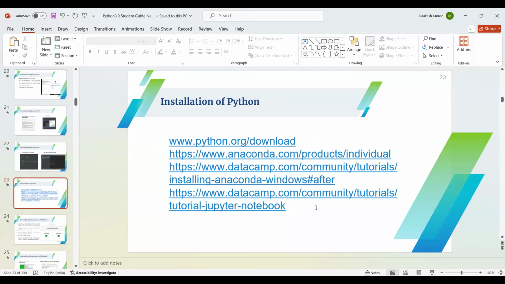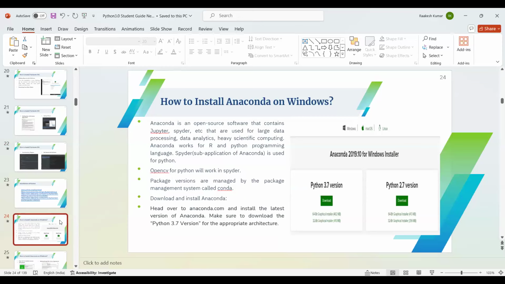So like other installations, if you want to use Anaconda, right? You can download it from anaconda.com, products, individual edition. I'll show you how to go with Anaconda also, right? You can go to this website and download your Anaconda here, right? It is open source software. Anaconda is open source software which contains your Jupyter, Spyder, right? All the modules, like all the